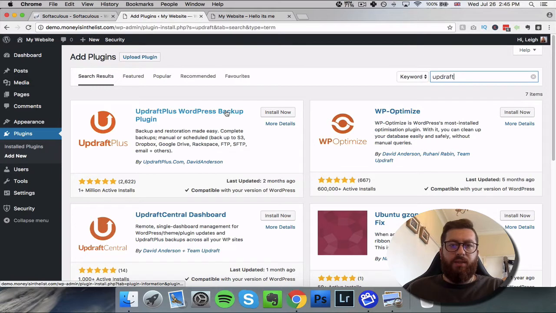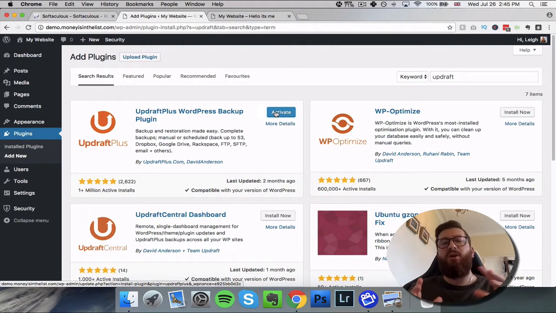UpdraftPlus WordPress backup plugin. Okay, so this is the one that we want to install. So we'll just click install, and this is going to give us the ability to make backups to our site, because we want to be creating backups to our site on a regular basis, just in case one of these attackers does get past the security, just in case we accidentally delete something, just in case anything happens, we can